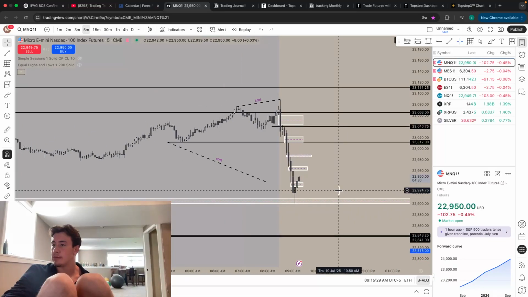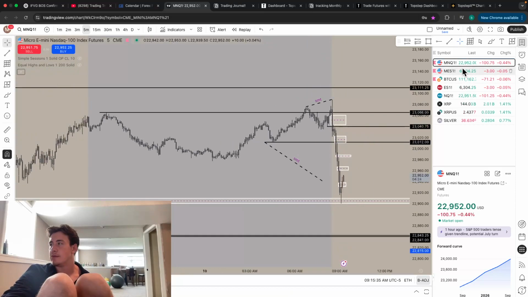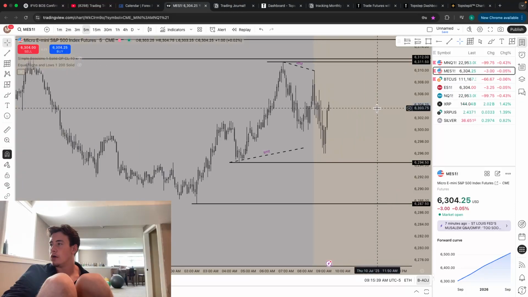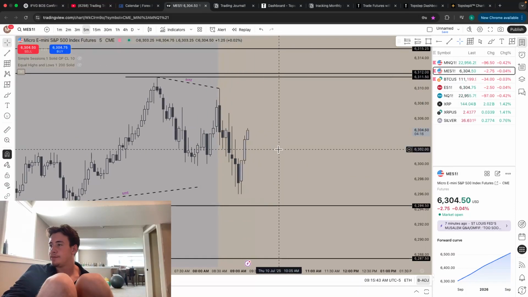Sometimes I question if I'm marking it up wrong, like with the SMT. I believe this was for sure an SMT. This maybe. This had him in an SMT, especially with that drastic move down. Insane. Holy shit. 5-minute closed.